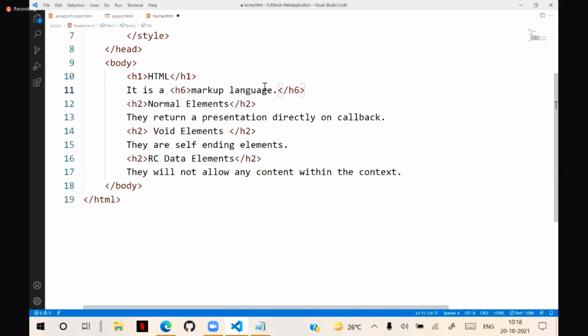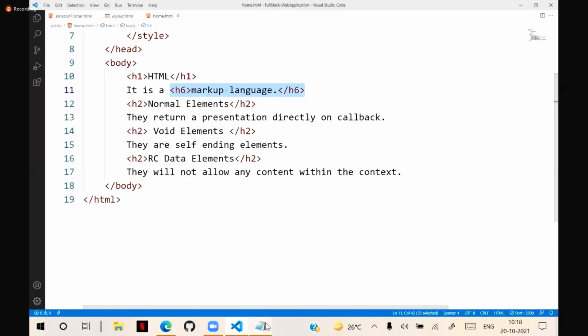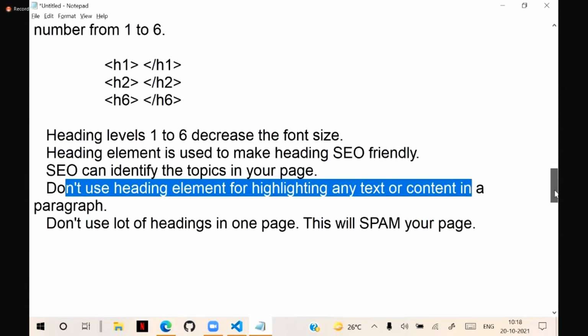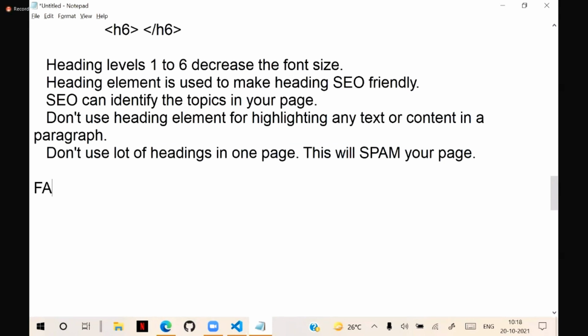Why? Because headings have a line break by default, above and below. When you put heading 6 here, automatically the line breaks are there. So don't use headings for highlighting text or content. Use headings only for headings, and don't use a lot of headings on one page. This will spam your page. These are very important. So the frequently asked question is,